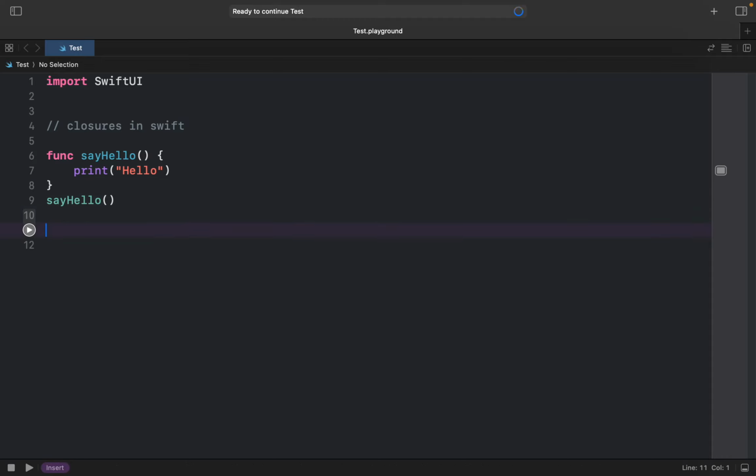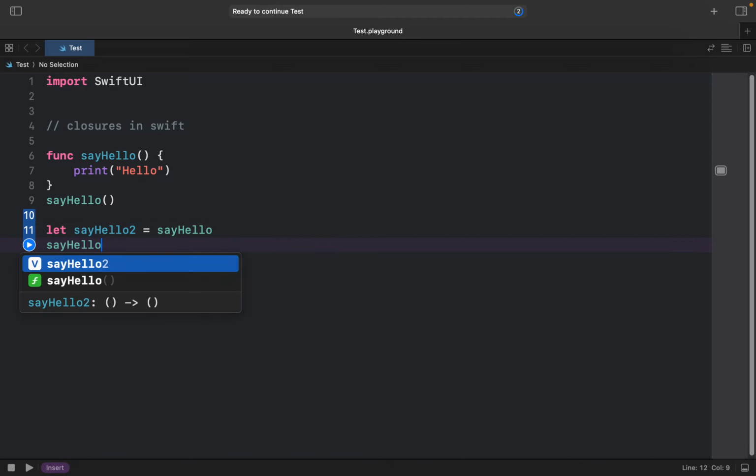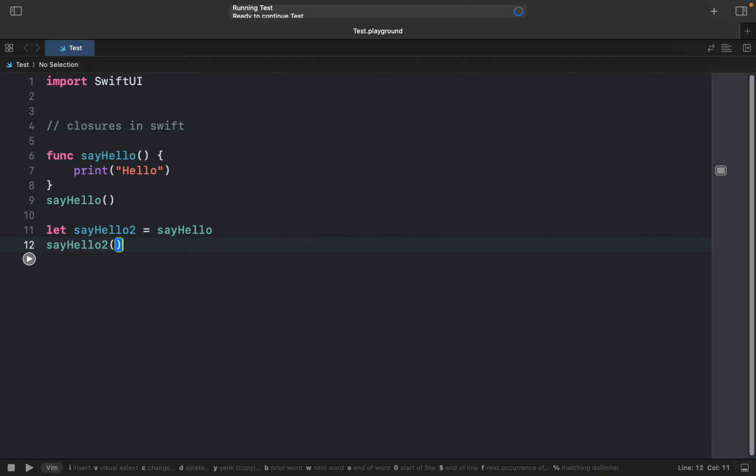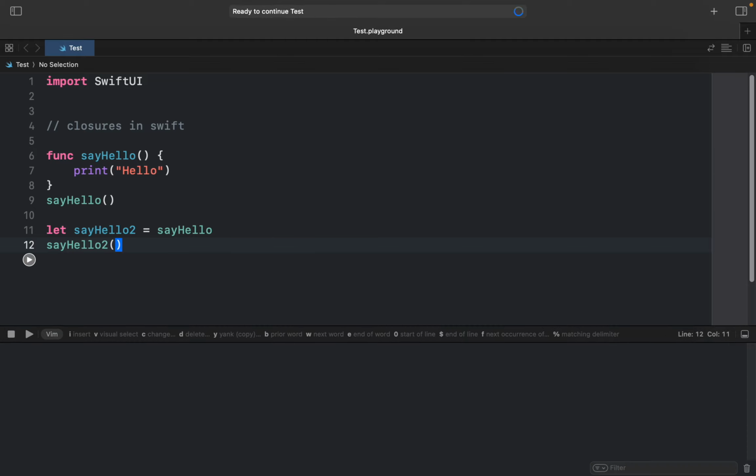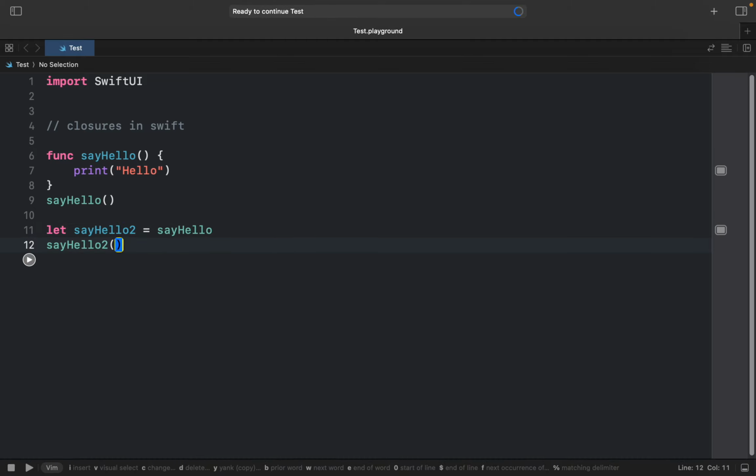Now let me try to assign this function to a variable. For that, I can write this, assigning this function to a variable. I'm not calling it here, I'm assigning it here. Now let's see what happens when I call. Now I can call this variable as a regular function and it works fine